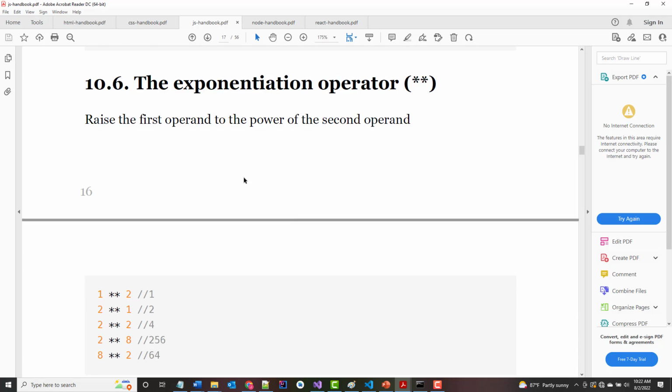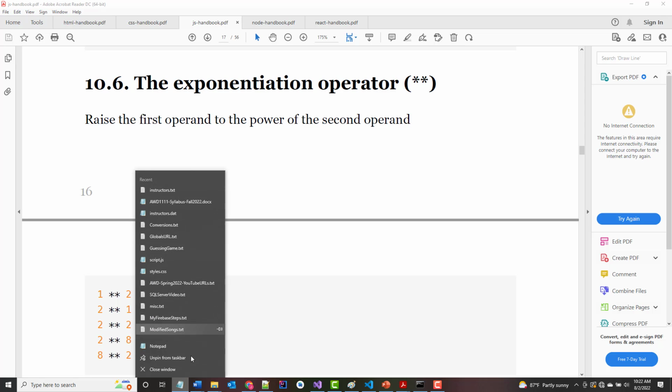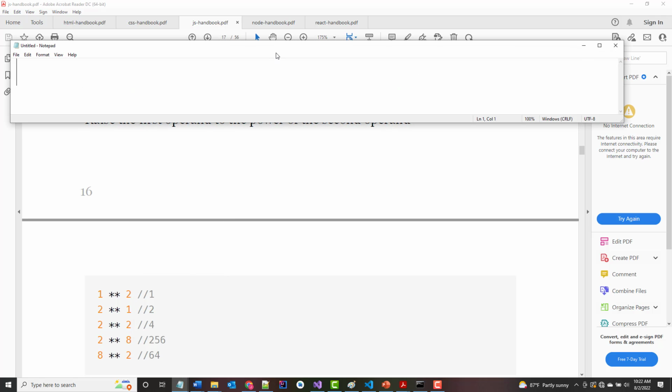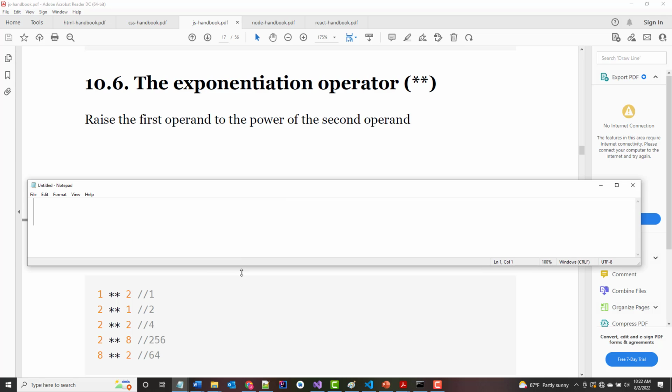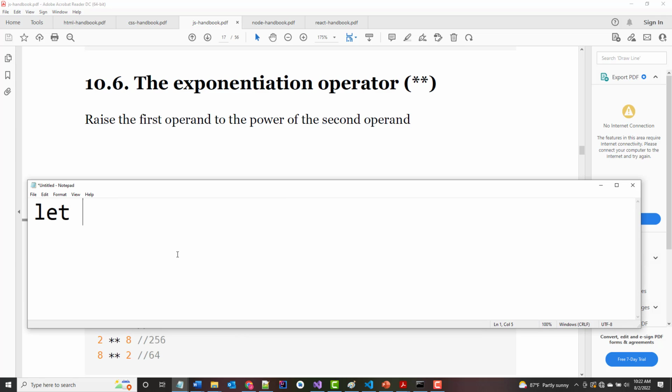The multiplication operator. Now, the exponentiation operator is fairly new. You can still use Math.pow, but if I've got my choice, as an example here, I'm going to give 2 examples. I can say let A equals, and let's say I want this to be 5 cubed. So I can say 5 double asterisk 3, like that. And again, it will give me 5 times 5 times 5, or